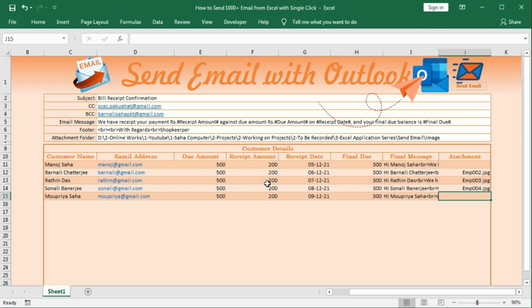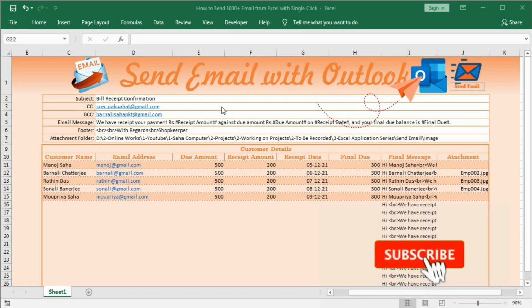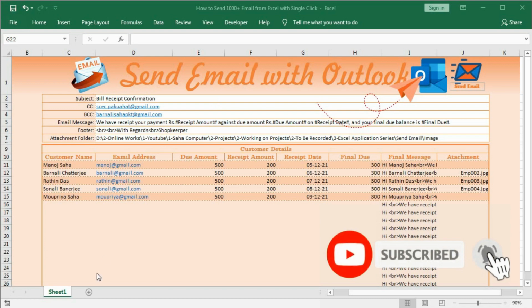So today we will learn how to create this. To create this application we need a VBA macro. So first let's create this formatting. After that we will learn the macro. So let's begin this tutorial. First take a new worksheet